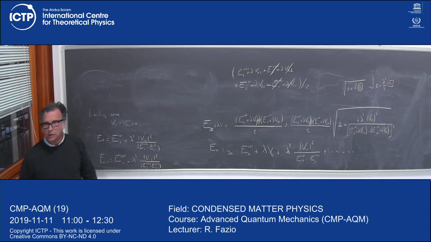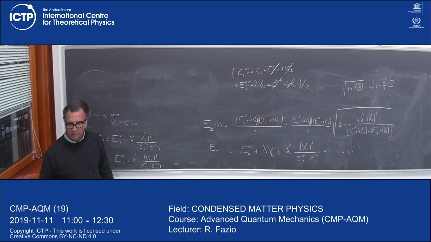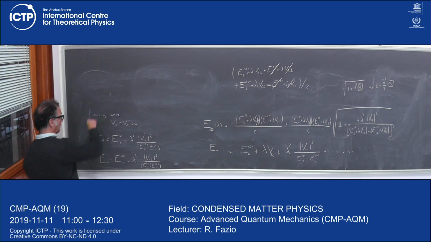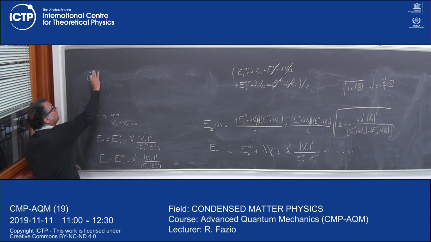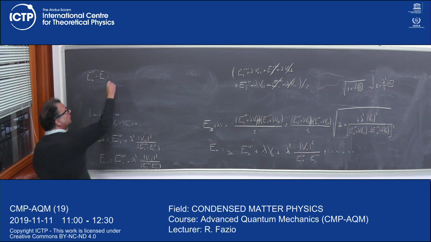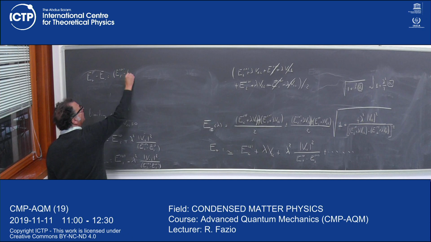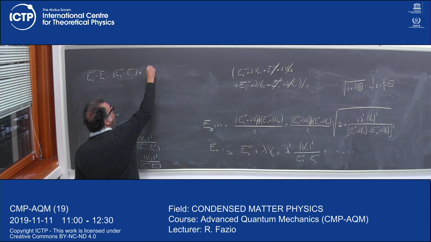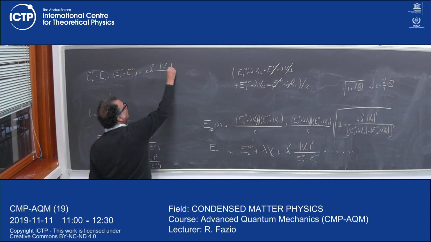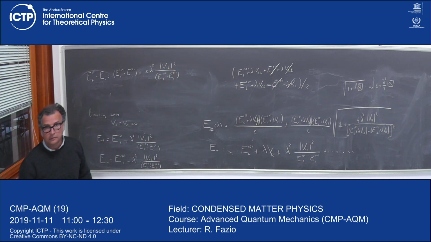Tell me, when lambda is equal to 0, what is the gap between the two eigenvalues, the energy difference? The energy difference is just E02 minus E01. Now, I really would like to take the difference, so I would like to compute E plus minus E minus. This is equal to E02 minus E01 plus twice lambda squared